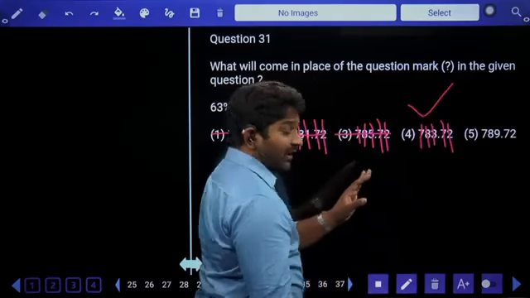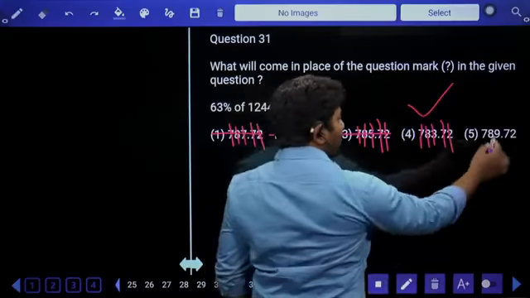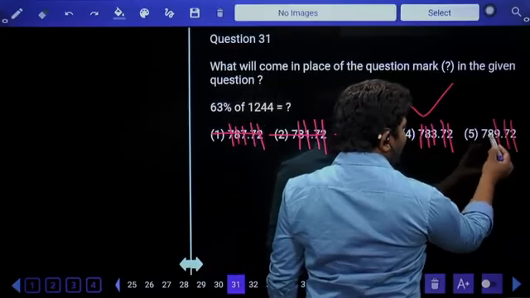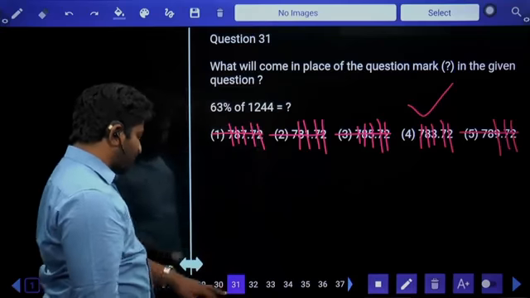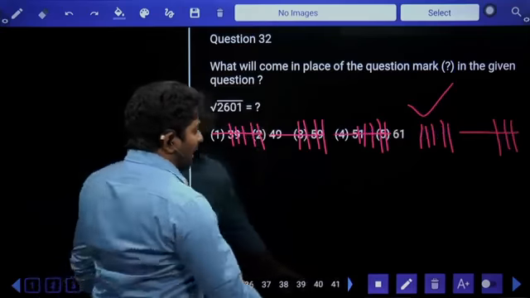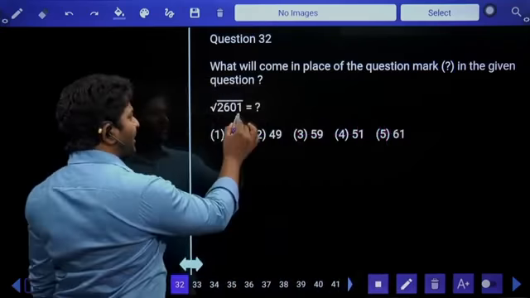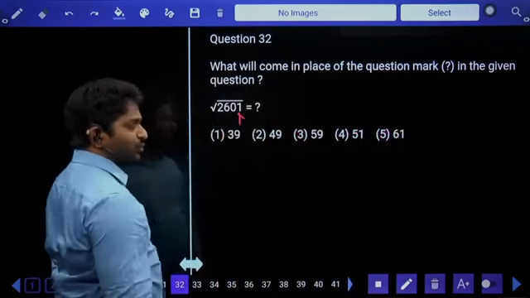Hold it. You cannot answer the question. You need to eliminate that also. 9. 7 plus 2, 9. Other number 7 plus 8, 15. This is not a 9 multiple. There is only one option. Fourth option, final answer. Under root 2609, after looking at this number, as the last digit is 1, your answer